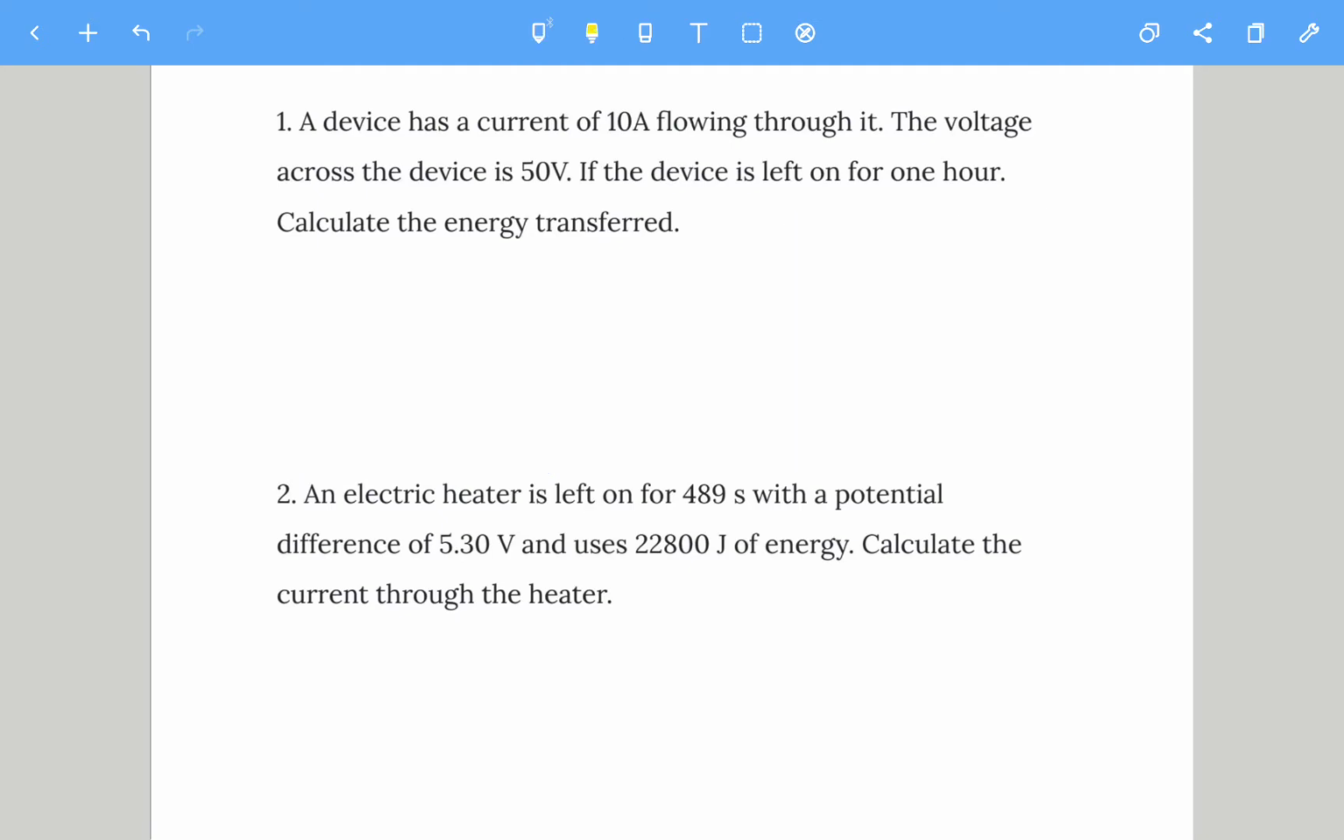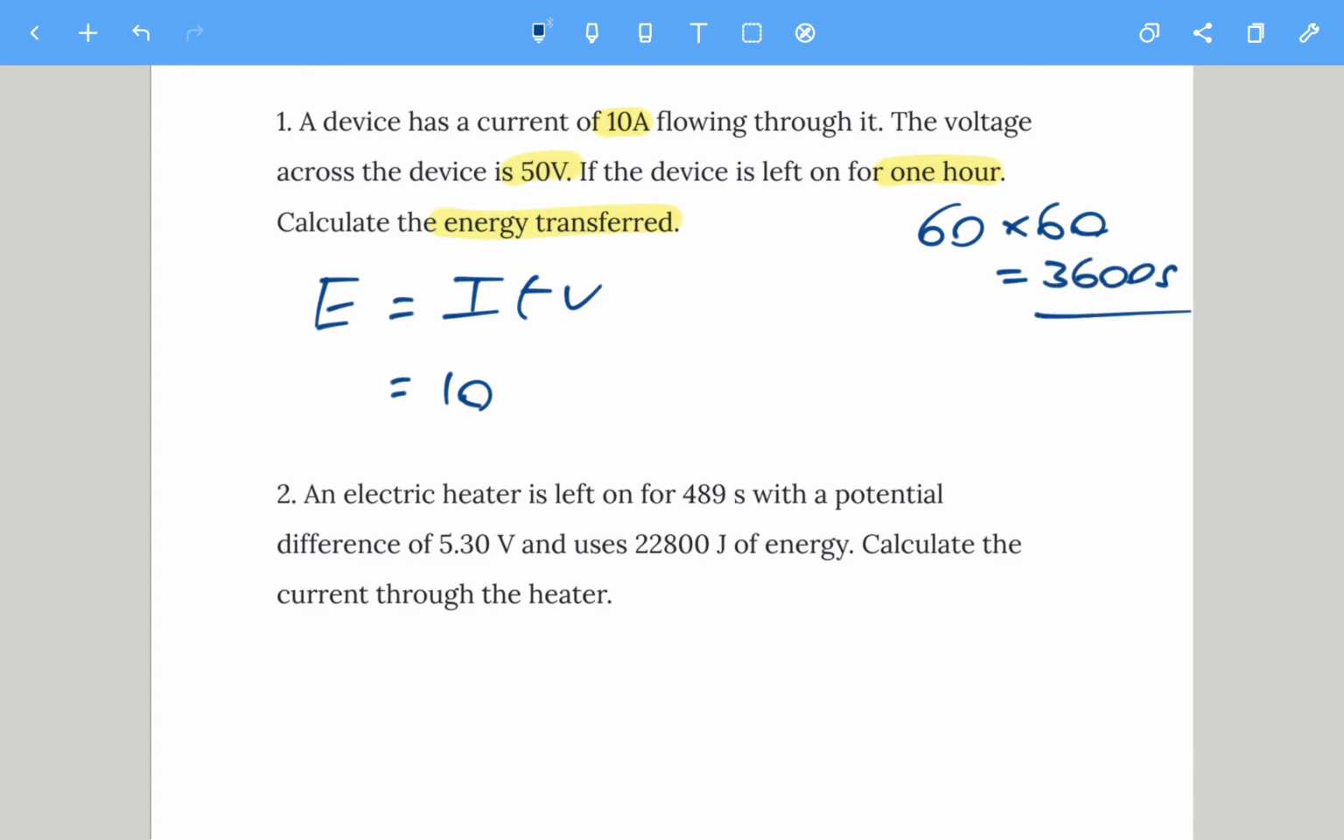Alright, let's have a look. So first one, a device has a current of 10 amps flowing through it. The voltage across the device is 50 volts. If the device is left on for 1 hour, calculate the energy transferred. So really straightforward. Energy equals ITV. So current is 10. The time, 1 hour. So there's 60 seconds in a minute and 60 minutes in an hour. And that gives us 6 times 6 is 36 and 2 noughts seconds. So we've got current of 10 times time, 3,600, times voltage of 50 volts, and that will give us the energy transferred, which is